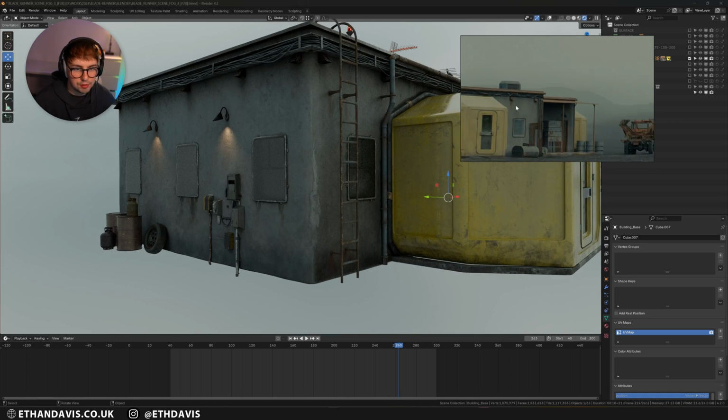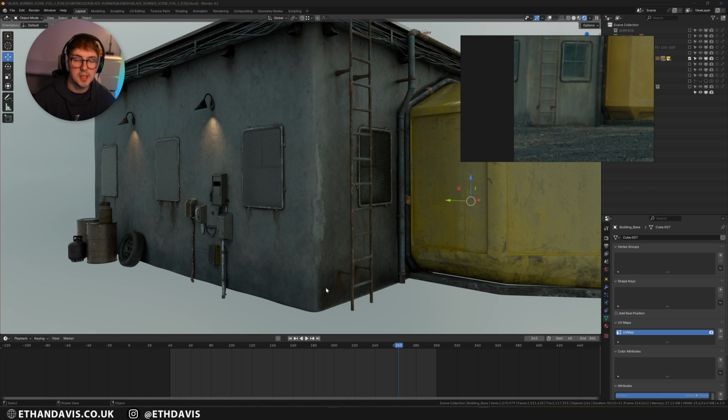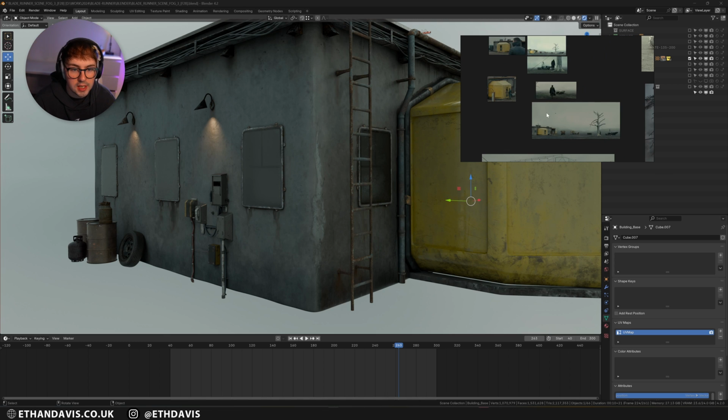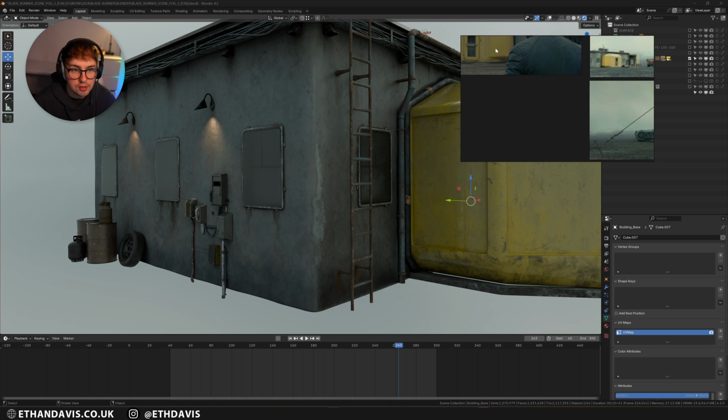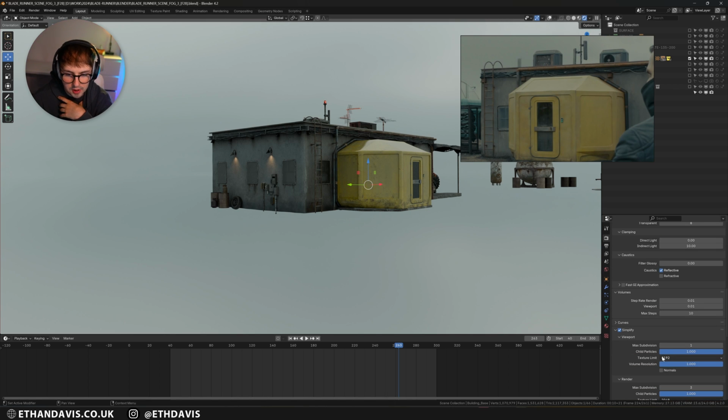And then the final texture on this wall was making it look damp, as if the floor is so wet it's absorbing the moisture and making the building super damp, which is on the reference. So honestly, it was just about really analyzing your reference and making it look as good as possible. I'm just going to turn simplify back on.